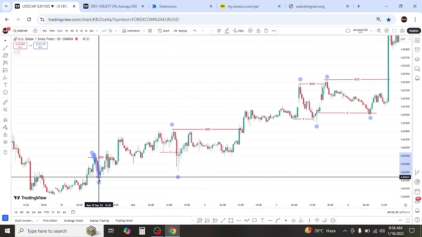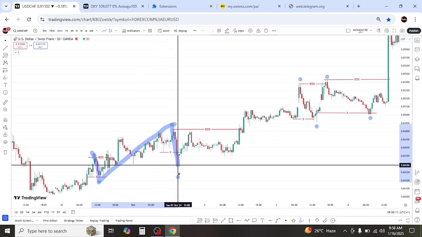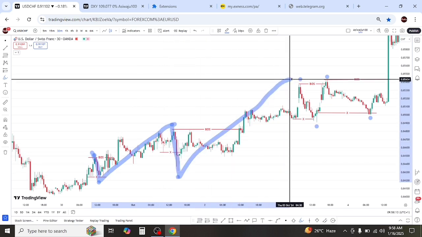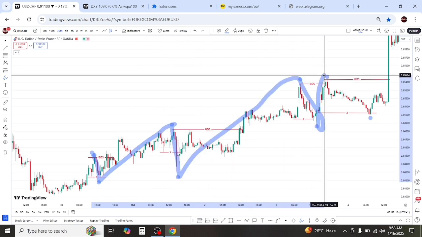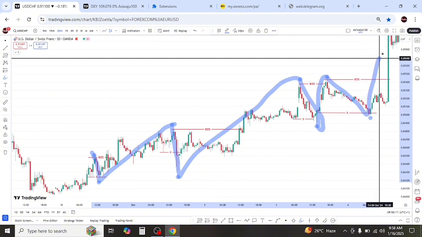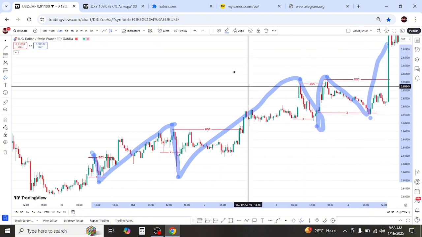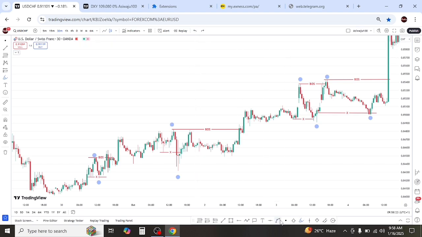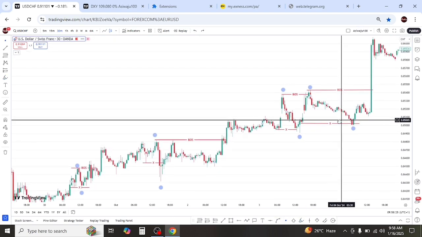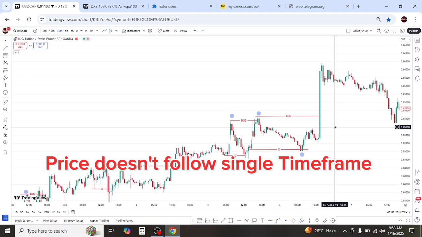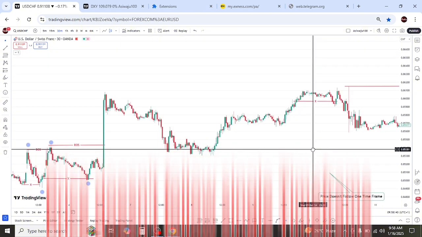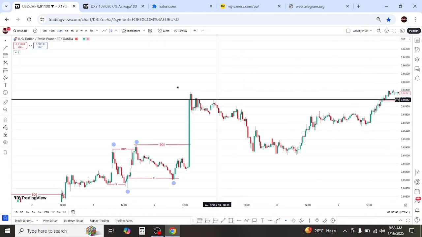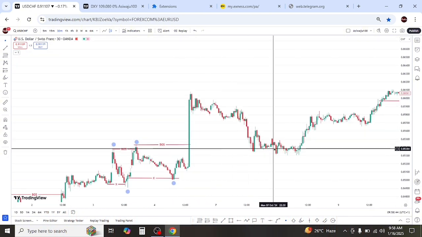This is our swing point from here to here, to this point, to this point, to this point, and to this point. So this is our swing move in the market. And even when you switch to the higher time frame, that's what you see. Because ideally price doesn't follow just one single time frame. So as you can see, what happens here, price continues to the upside here, drops down to this point,